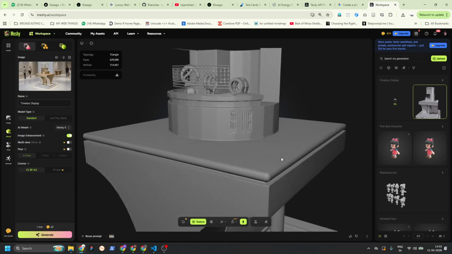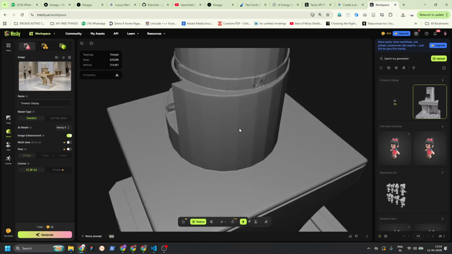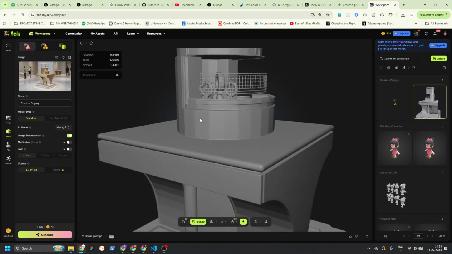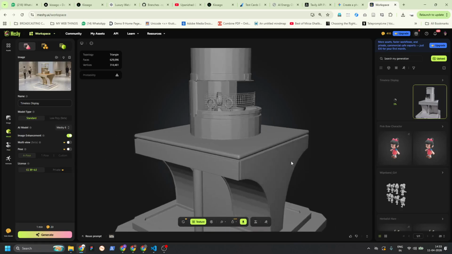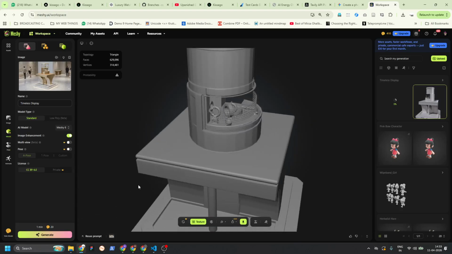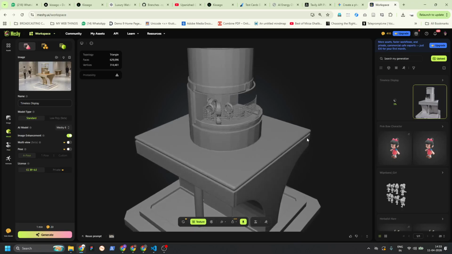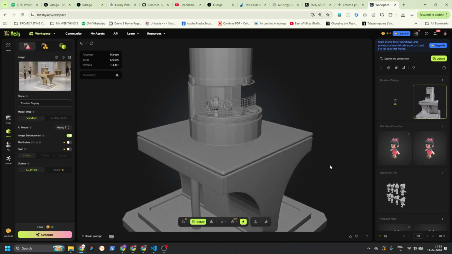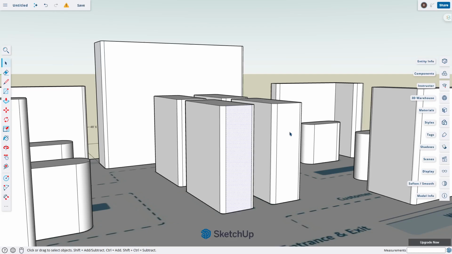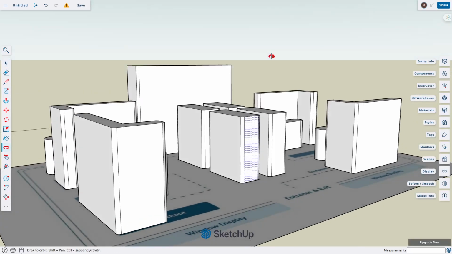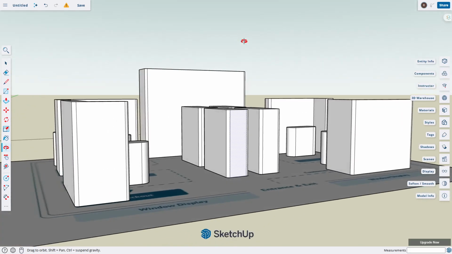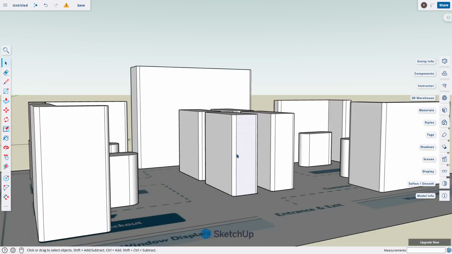Wow, this is not very accurate, but detailing, I think. Let it texture it. Come back. So